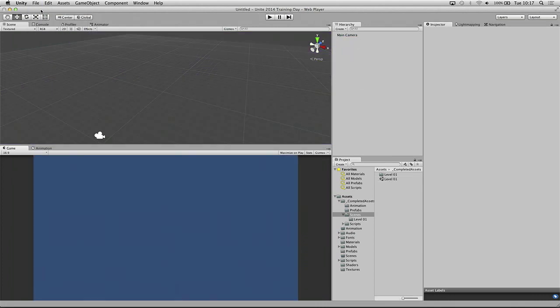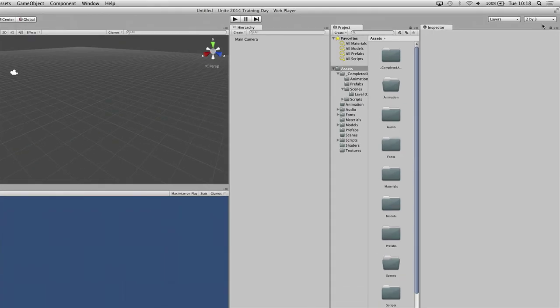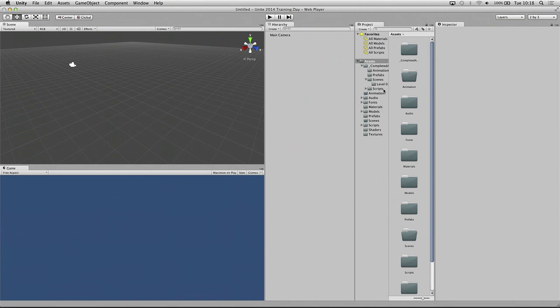So then what we want you guys to do, to make sure that everyone's kind of on the same page, we're going to ask you to set up the editor in the same style that we have. If you're comfortable with Unity, you've used Unity before, and you prefer to work in your layout of the editor, that's totally cool. You can keep that. But if you're new to Unity, what we'd like you to do is to choose the layout menu in the upper right and choose 2 by 3. So layout, drop down in the upper right and choose 2 by 3. That will get you a style that looks something like this.